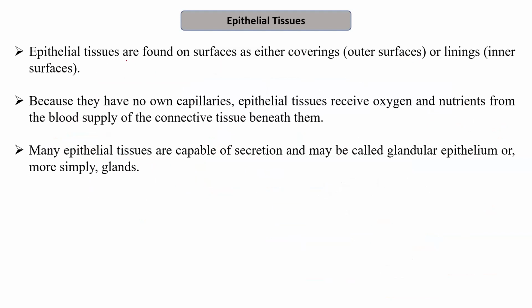Epithelial tissues are found on the surface. Epi means above, or epi means upon something, right? So they are found on the surface as either coverings, like they may be present on the outer surface, or lining on the inner surface. So on an inner surface, they are found as a lining, or they may be found on the outer surface